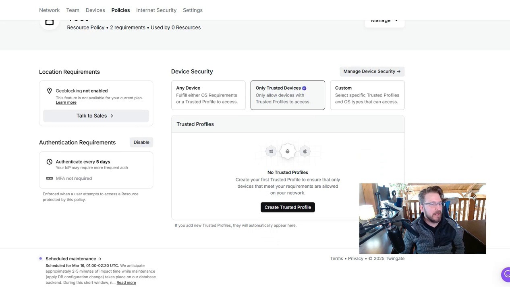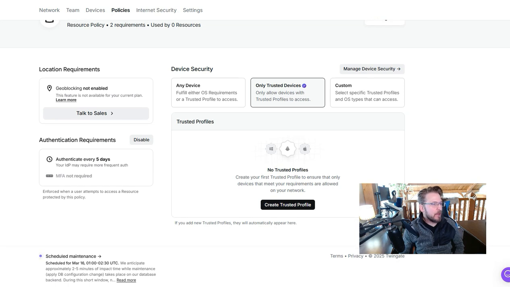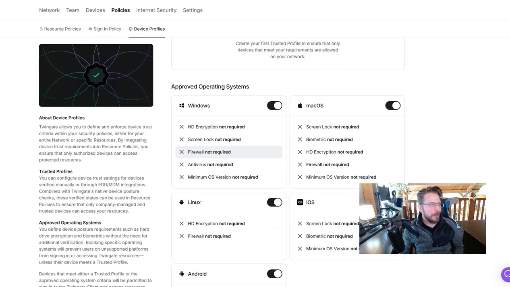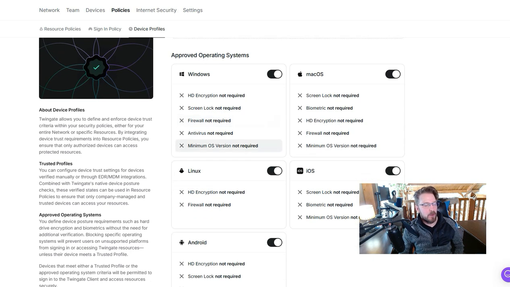I can have any device. I can do only trusted devices. I can do a custom device. And what's really, okay, this gets to be, so I get to geek out on this stuff. So when I click on create trusted profile, this is where it gets cool. Look at the control that you have on what kind of devices are able to connect to and view and